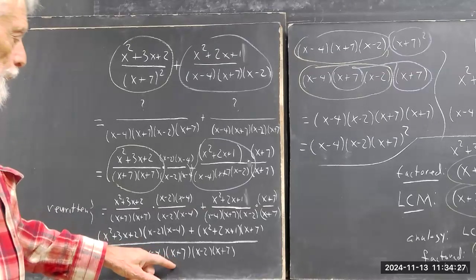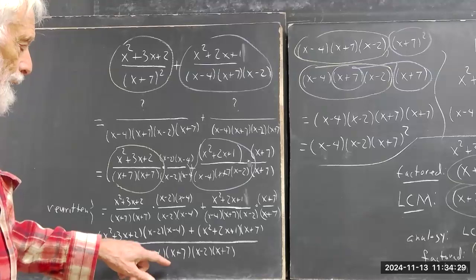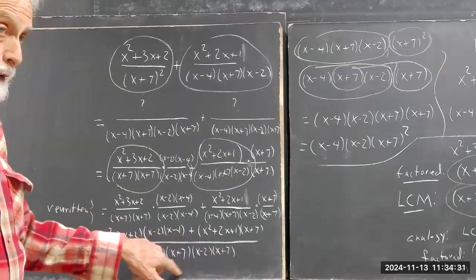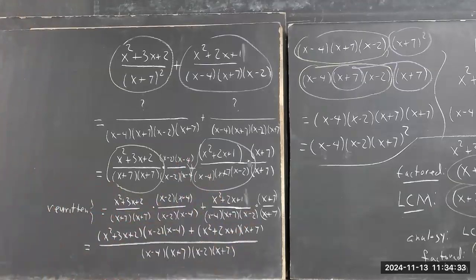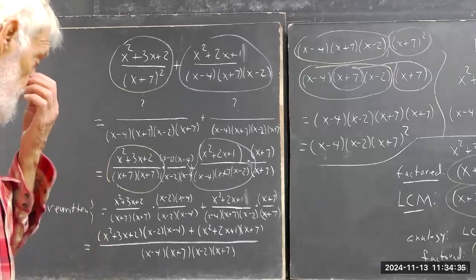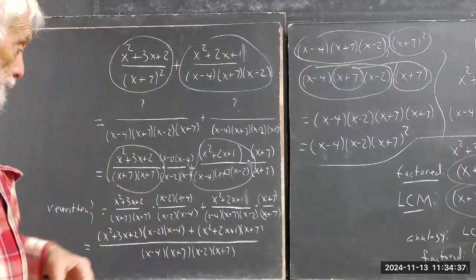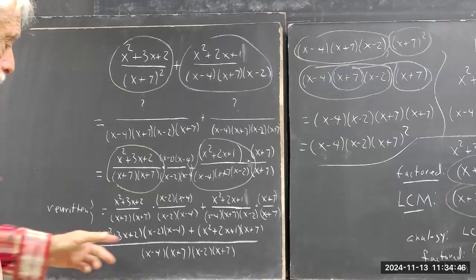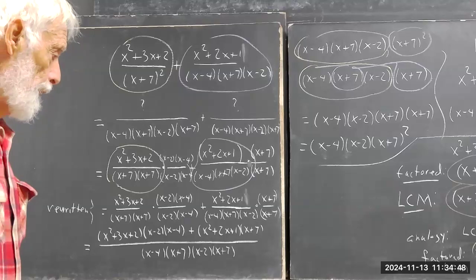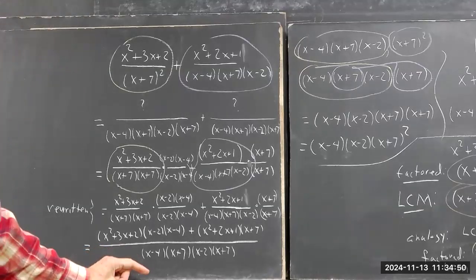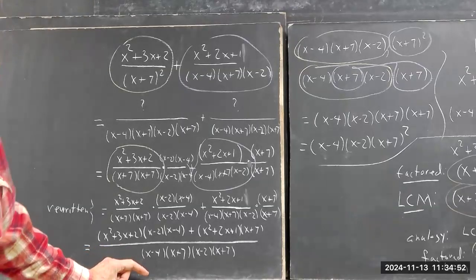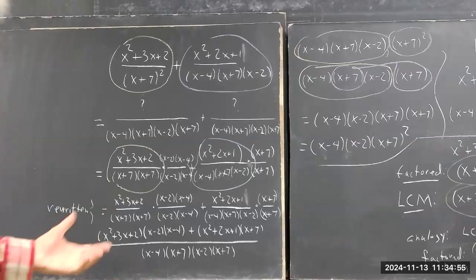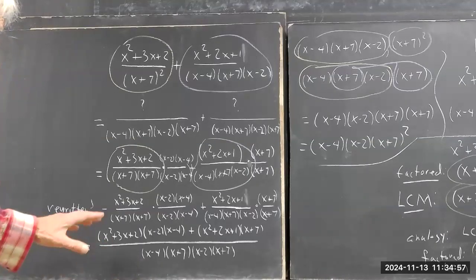Now, again, we would probably not write one of these x plus sevens and just do an x plus 7 squared, but we're going to have to factor things, okay? And we're actually not going to be able to factor our numerator, but in simple examples, we might be able to, especially with your homework, which has been contrived to make it happen that way. Okay, well,